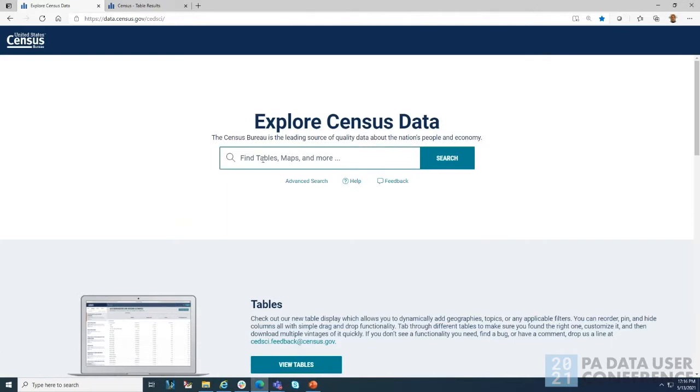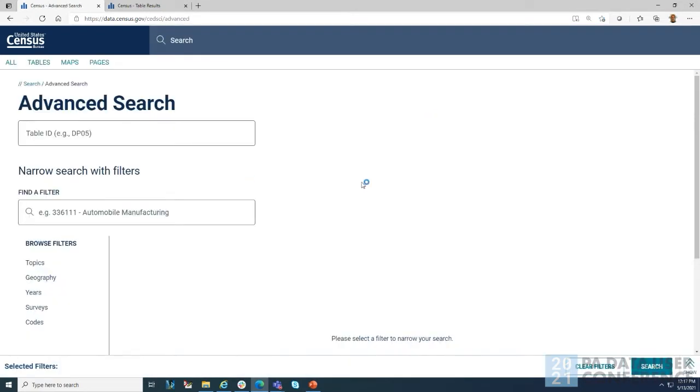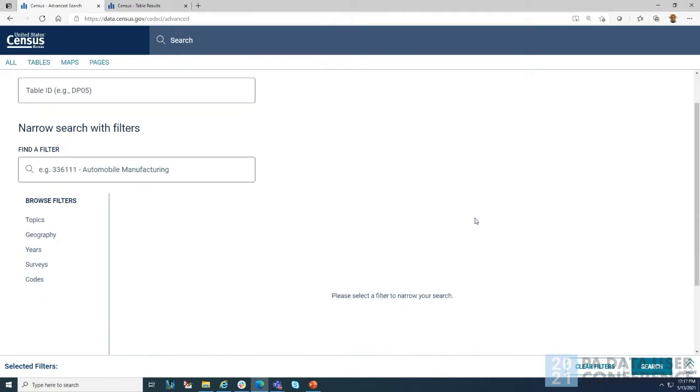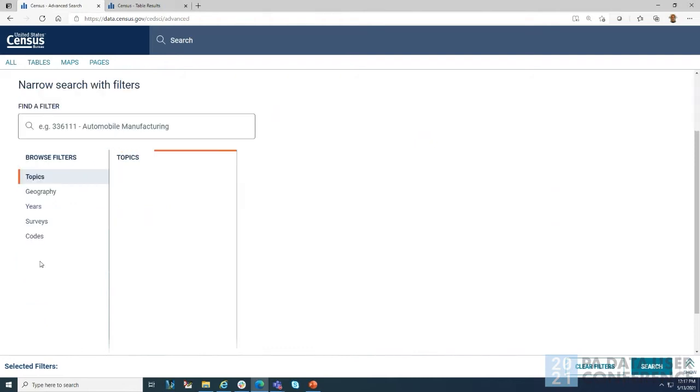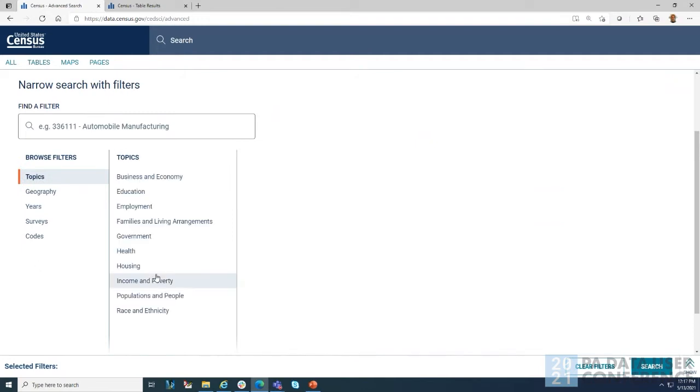All right, we talked about clearing it. So instead of using the single search bar, I'm actually just going to click on the advanced search. This takes me to advanced search that allows for all of the topics collapsed into one area. Just so you know, you might want to go through and visit and look around if you haven't, especially with the topics. We've had to make some changes in the last several years.